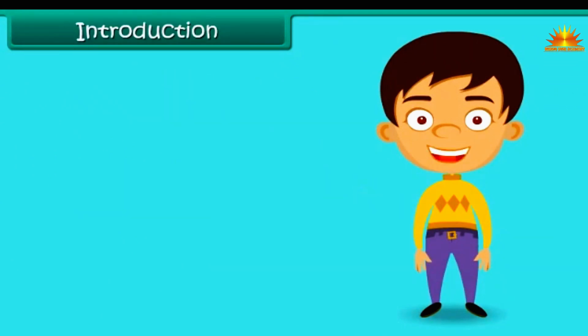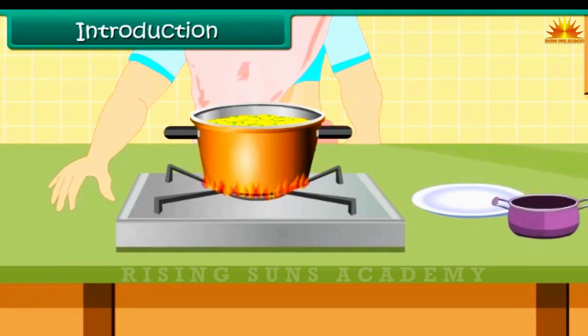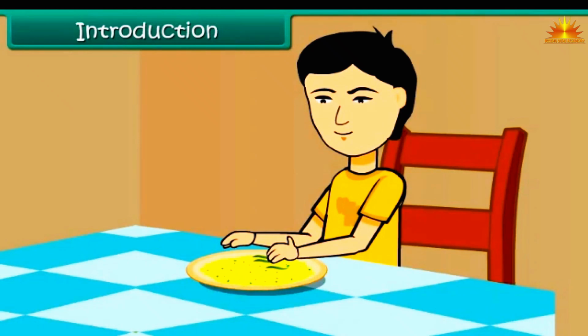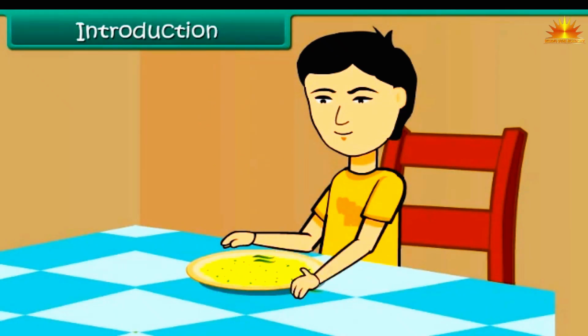Introduction. Hello children, let us take up for discussion a topic closely related to our daily life. Your mother prepares poha for you and spices it up with green chilies. And you simply don't like green chilies. What will you do? Obviously, you will carefully pick out every piece of chili before popping some poha into your